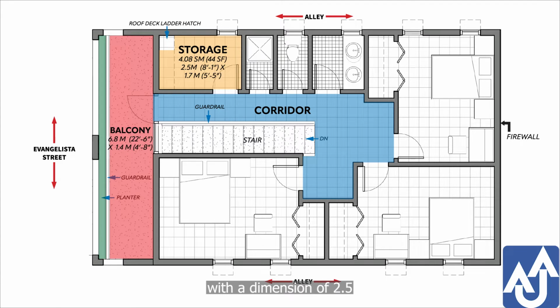Storage. It has an area of 4.08 square meters, with a dimension of 2.5 meters by 1.7 meters. It has shelving built in on the wall and where the ladder hatch is located to access the roof deck. Similar to first floor rooms, it has a 2 feet by 2 feet awning window with 5 feet sill height from